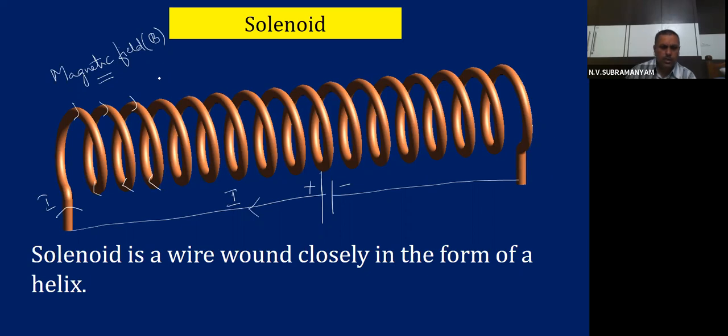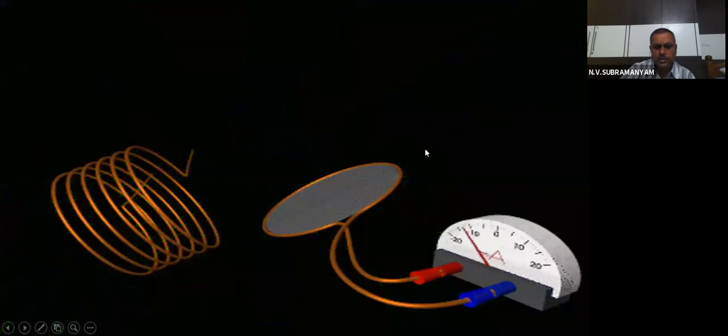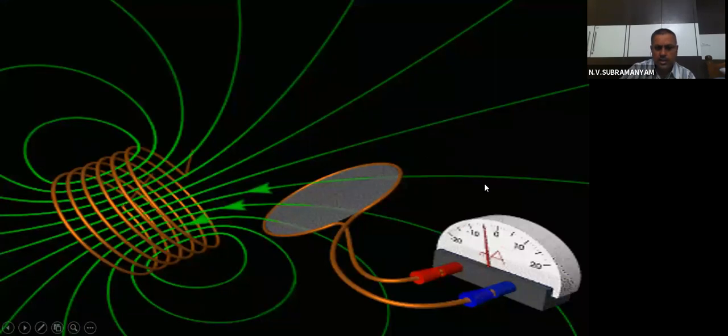Okay, so in this particular solenoid, I can send some current and I can produce a magnetic field. And whenever a magnetic field is produced, we know that there will be two poles. One is the north pole, another one is the south pole. So the two poles can be created in the solenoid as shown here. You see this example. Okay, see here, all of you.